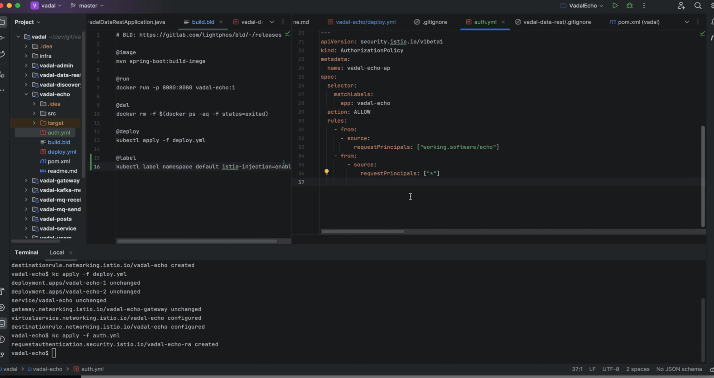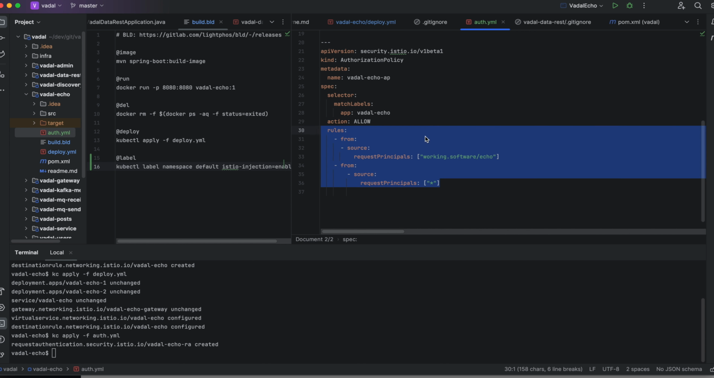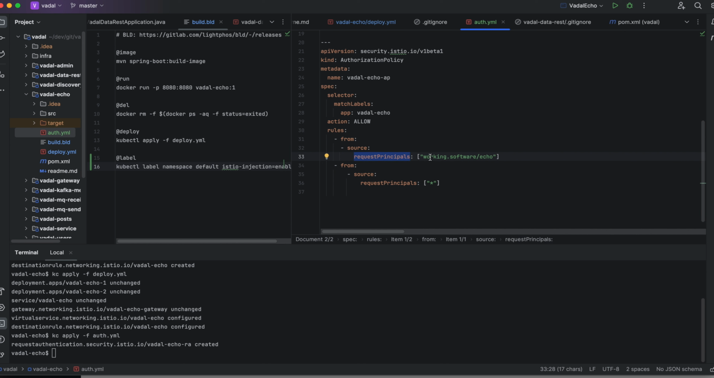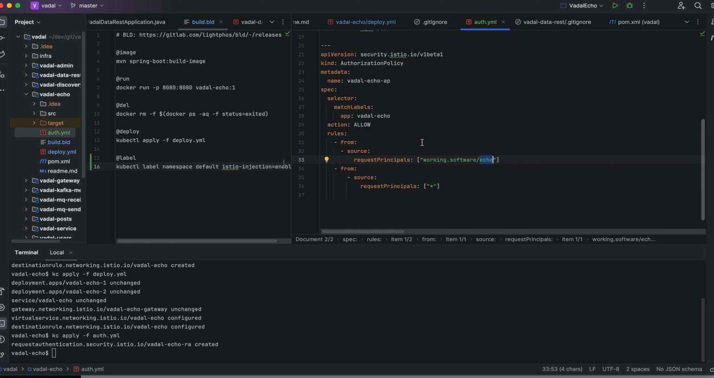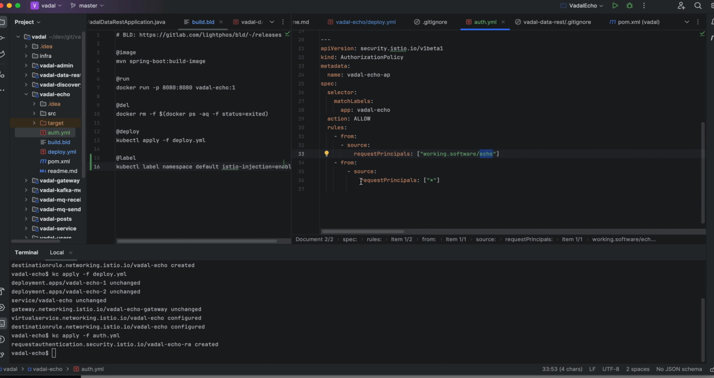Right, now it's allowing everything as long as they meet that rule. But the principal, that's the issuer, and that echo is the subject. Okay, and that's the authorization policy, and it's allowing all methods, all REST methods to come through. So it should not work because we're missing this subject in our web token. But let's see what happens. So if I apply that again,